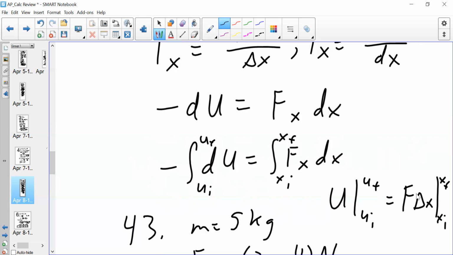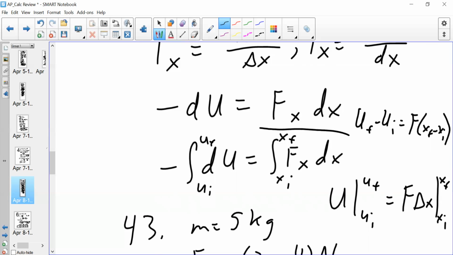So it's really just semantics at this point. So we have U final minus U initial equals F times x final minus x initial. And depending on whether we are raising the object up, then this is going to be negative here,